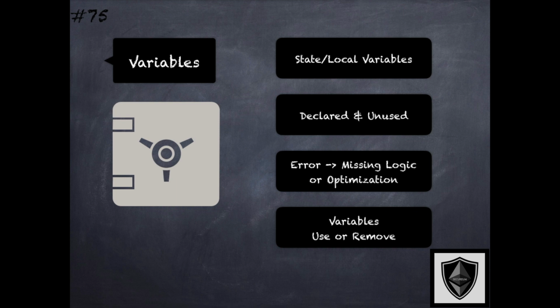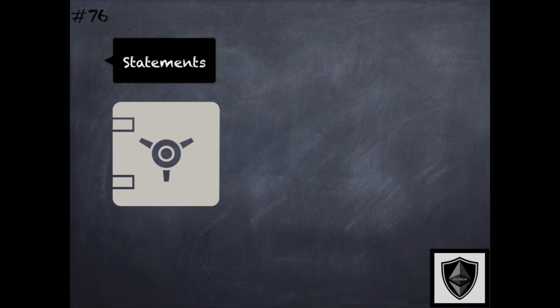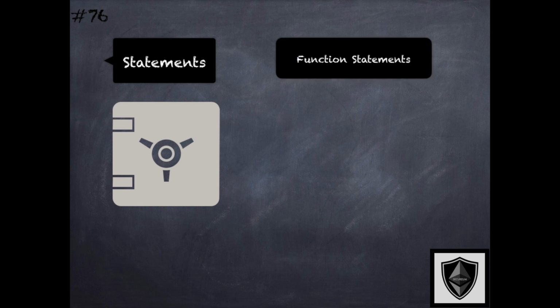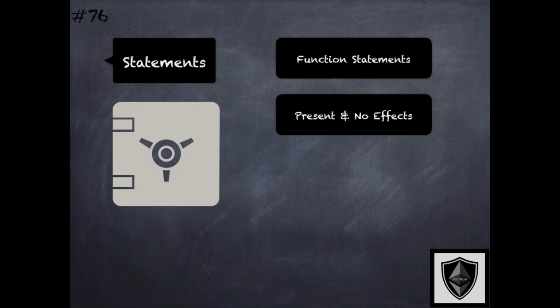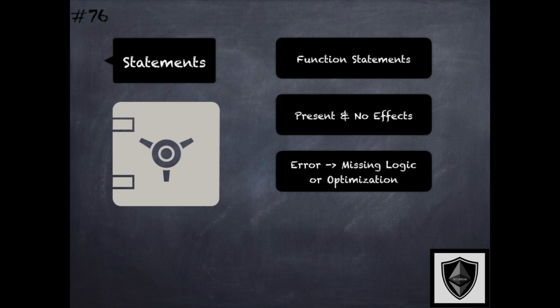There are potential security risks from function statements that are redundant. Redundant statements are statements that either have no side effects or that do have side effects but are made redundant because there is other code, other statements that have the same side effect. In either scenario, these are indicative of programmer error or missing logic that needs to exist to make these statements not redundant. Or they may just present an opportunity for optimization where these redundant statements need to be removed,